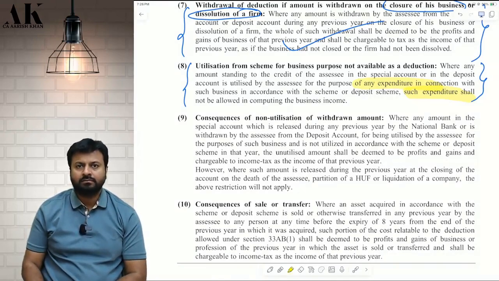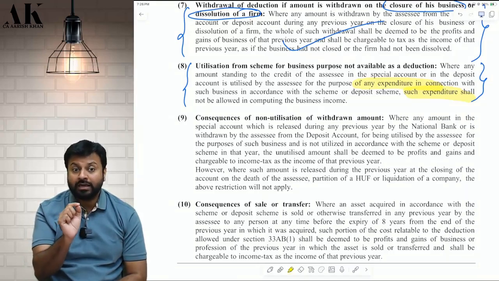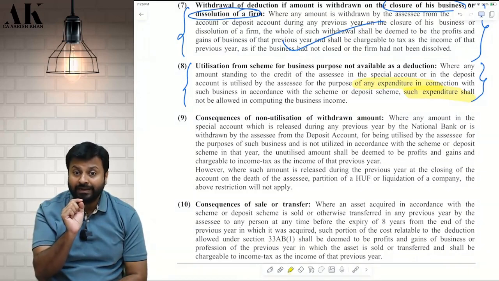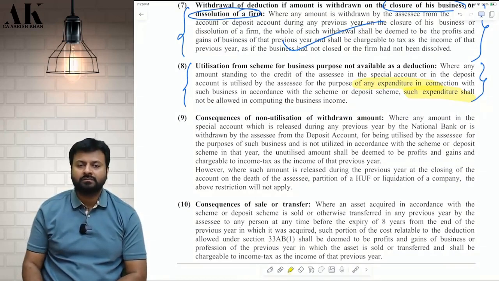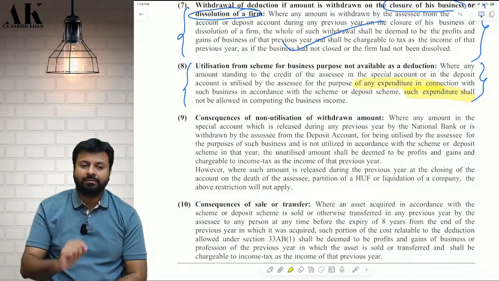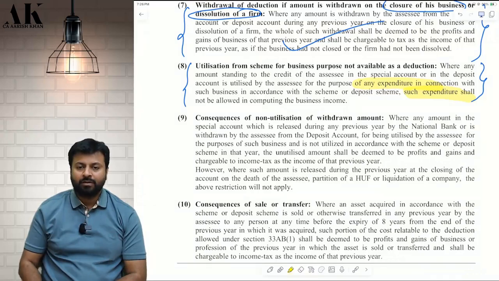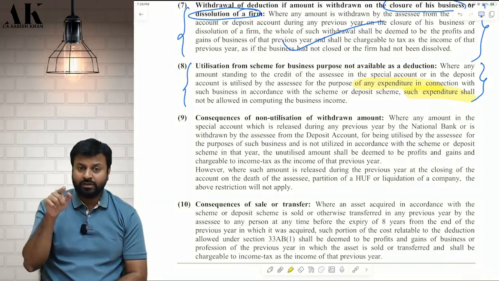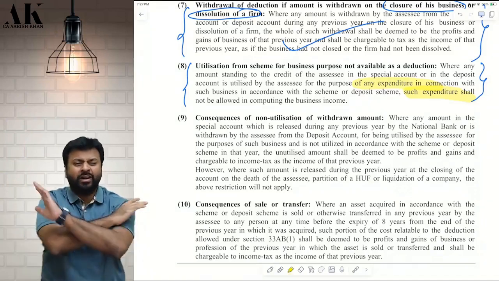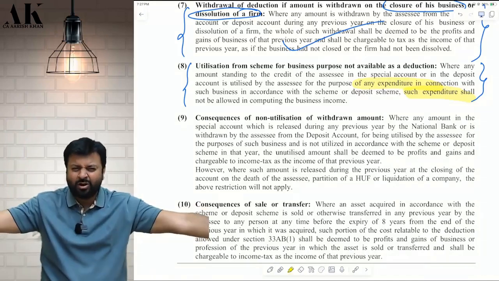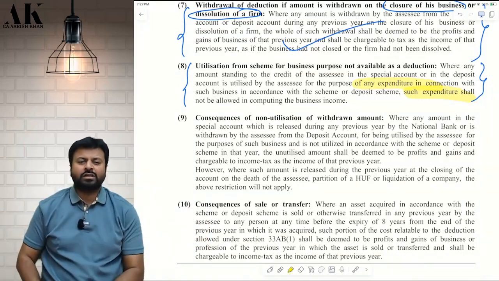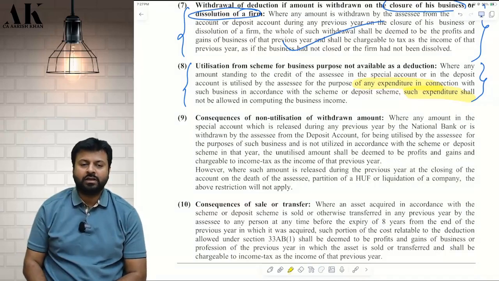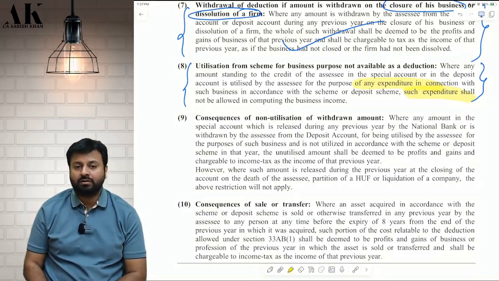And therefore, the government has stopped it here for incurring an expense, not for an allowance. It's not an expense, it's an allowance. And by that logic, you can claim normal depreciation on that asset, because the government has not stopped you from claiming. Wherever the government wants to stop you, see my words, in future in many sections you will see: no deduction is allowed under any provision under this law for any expense, for any allowance. They will use such words. But here they are not using such words. They are using the words any expenditure. Are you clear? Therefore, such deduction will be